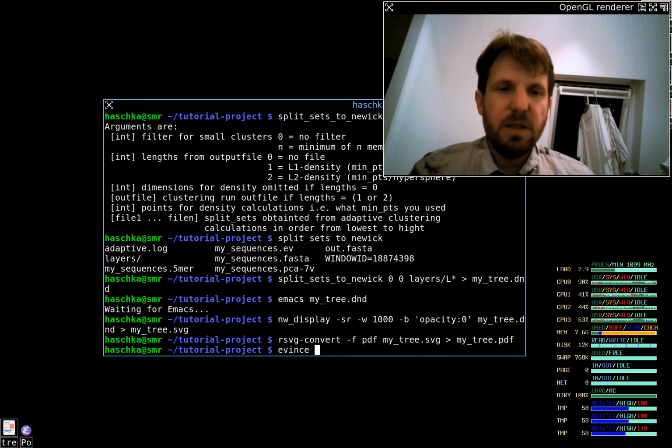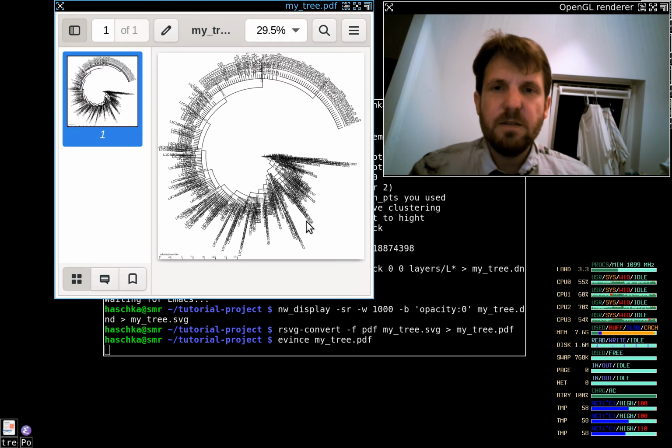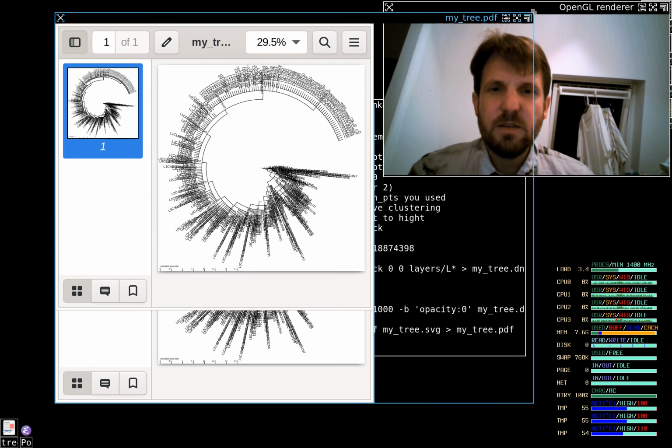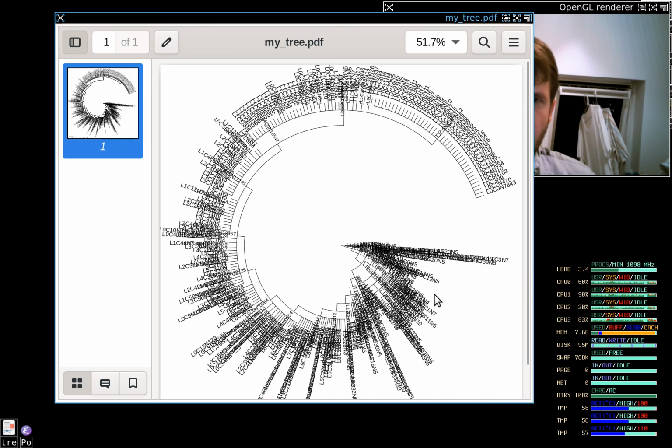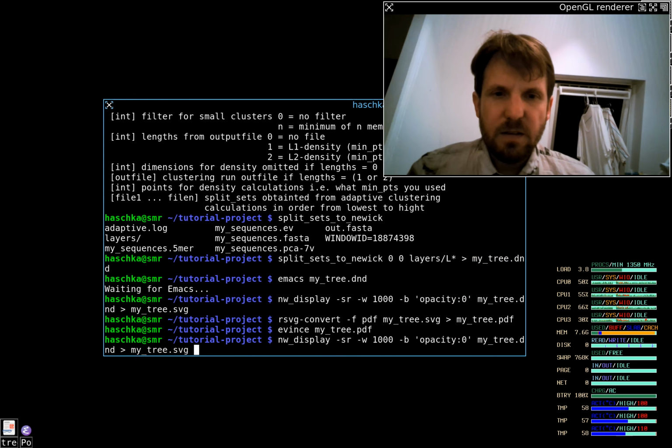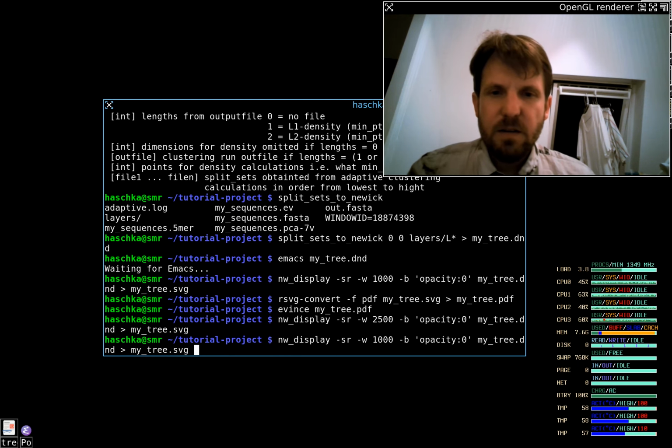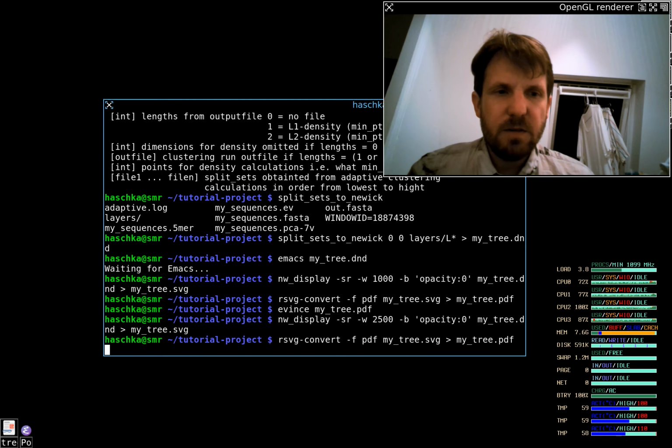And right now I can use my PDF viewer, which is called Evince here on this machine, and I have my PDF and the tree, and I see that I can read nothing because I have such a big tree that I don't see the annotation. Okay, so we will increase the size of the whole stuff here. So this is basically this W number here, which tells you how large you want to have it. And make this here, let's say 2000, 2500. We create a new tree,